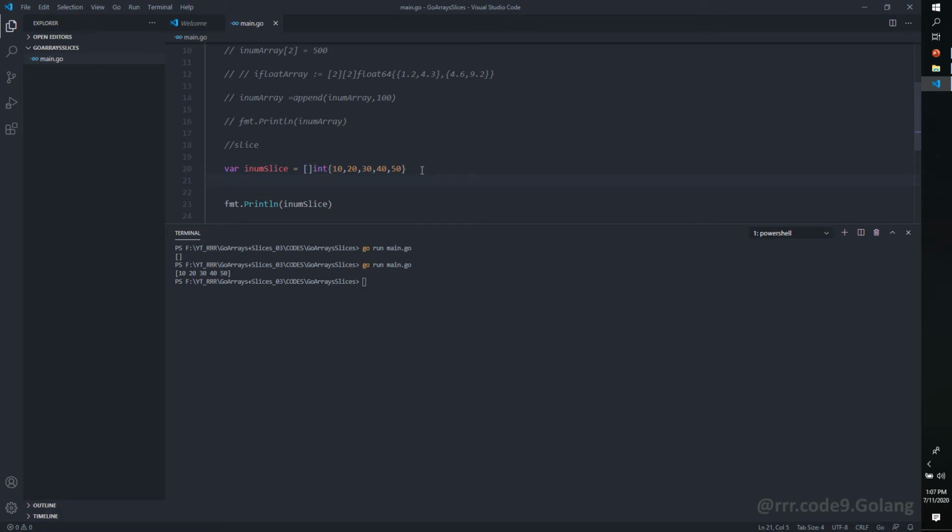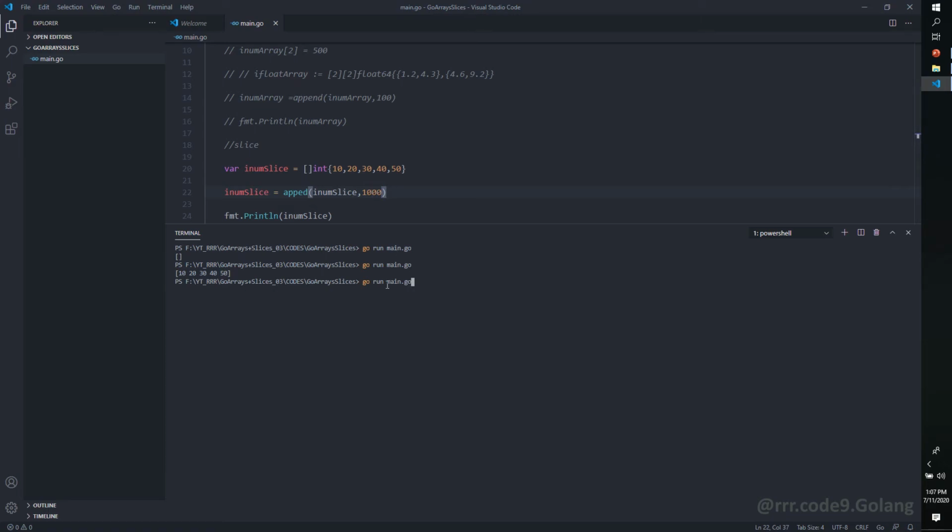In case we want to append a new element to this slice, we have to use the append function. So that we can do in this way: append, and I'll give the same name, inum slice. Let's add one more element, and the element is, let's say, 1000.